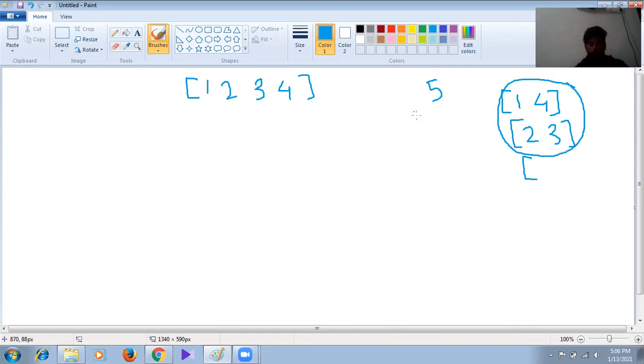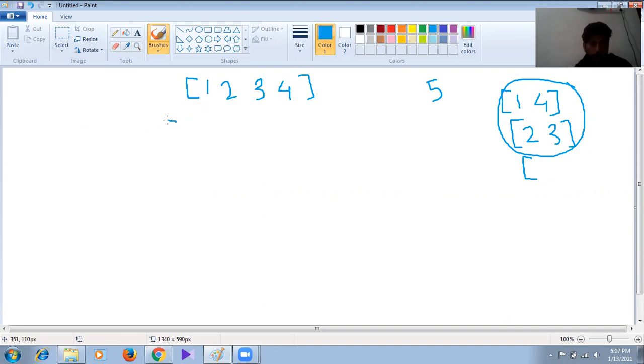Now the question is how we can solve it. We have to use a backtracking method. What we will do is create an array list, store each element in our array list, and check until the target becomes 0 or negative. Let me show you how we will do it.